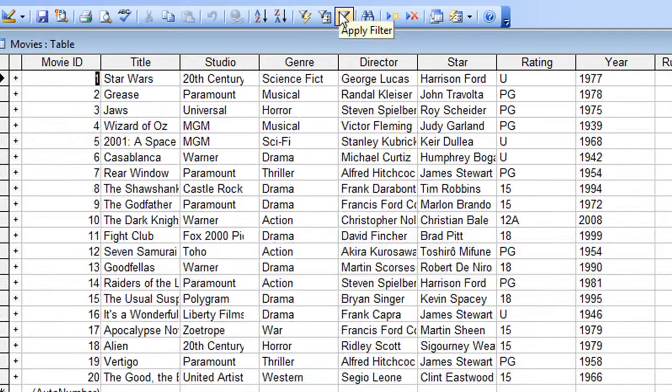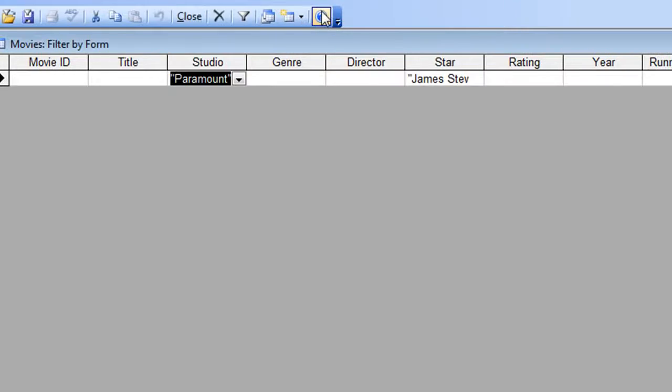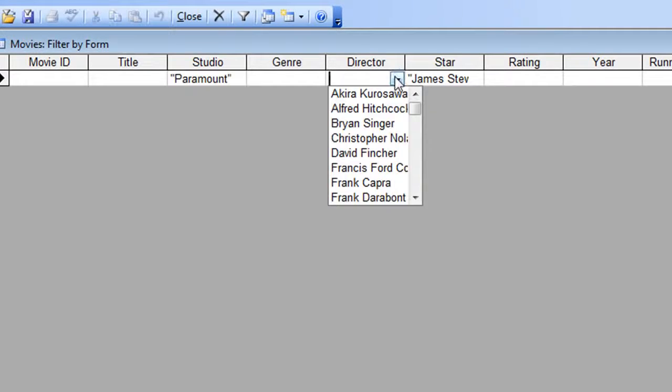Okay, so again remove that filter, and I'm going to go back to filter by form, and this time we will leave this filter in place, Paramount movies starring Jimmy Stewart, but let's say somebody also wanted to see films directed by Spielberg in the list. Now I could select Spielberg's name from here, but that doesn't work, as you will see. So if I just